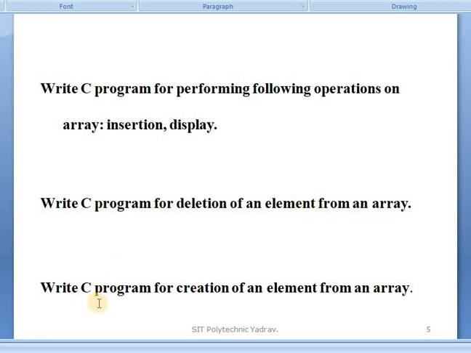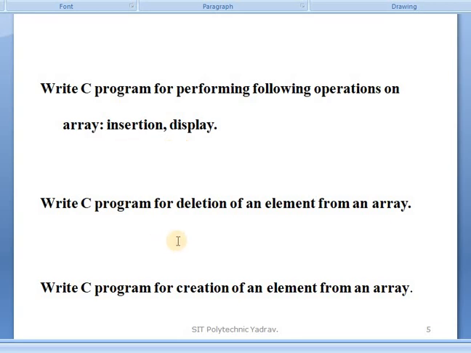Third: write a C program for creation of an array. So we perform the operations of creation, where we create the array; insertion, where an element is inserted; deletion, where an element is deleted; and display, where the array is displayed.